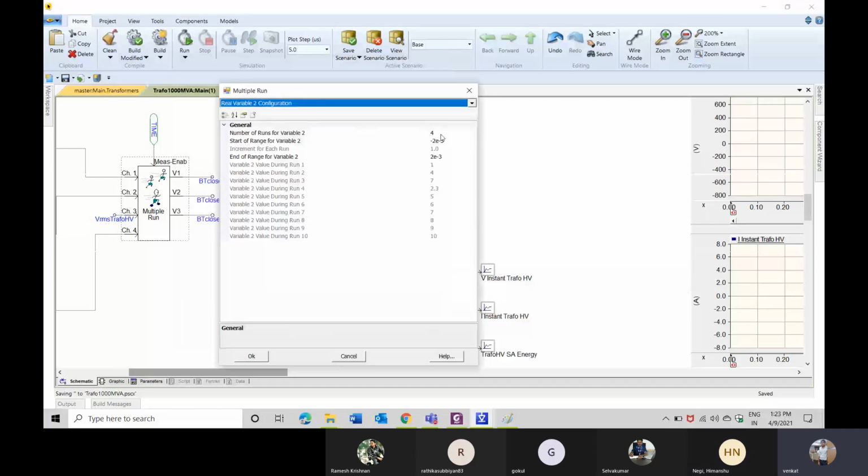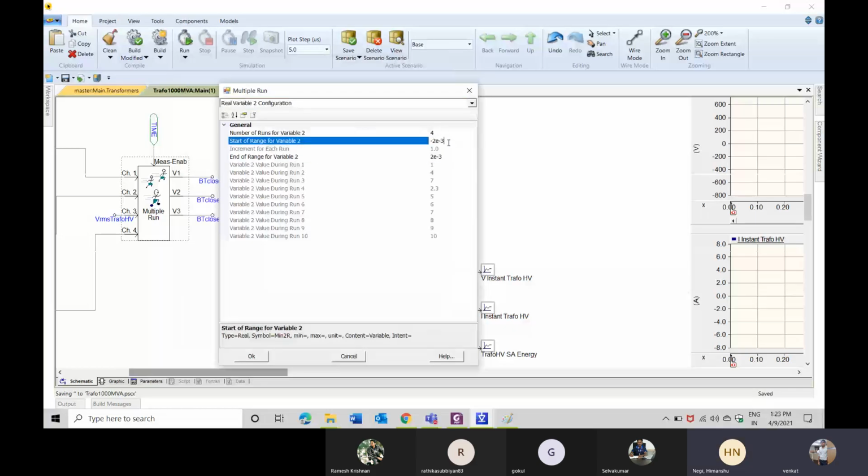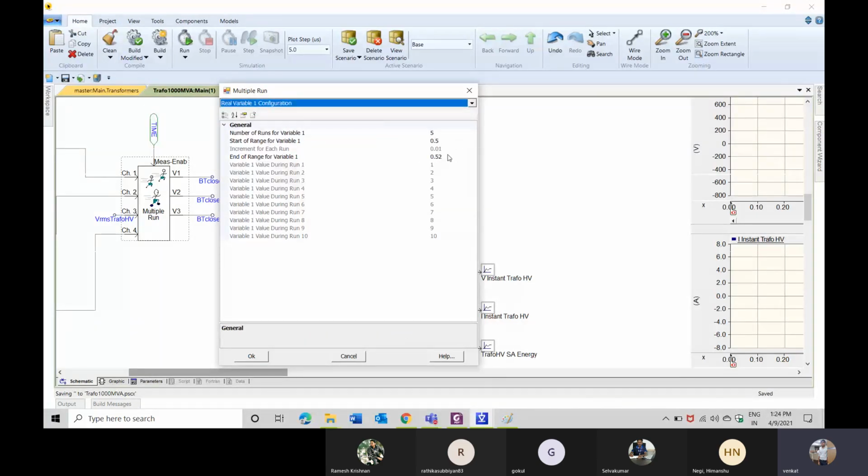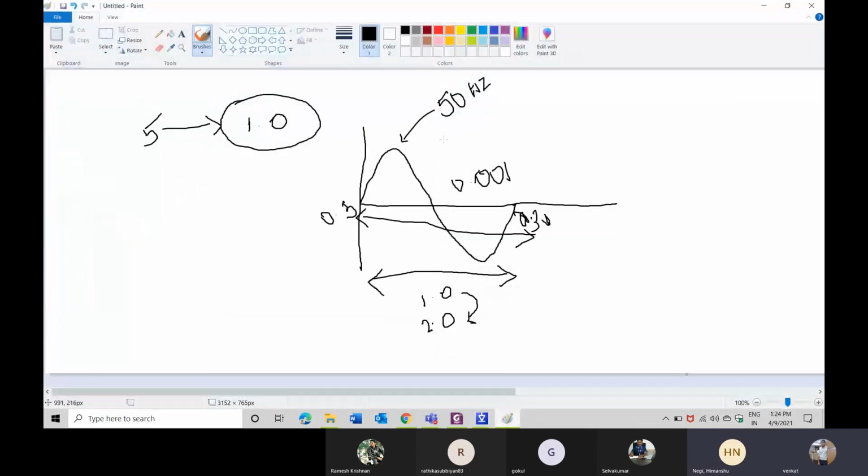5 into 4 into 4. This is the value which I have given here. Can you see here? I'm choosing 4 instances between this range. What it is particularly doing is, it will take this value as a reference. Then it will add from the particular value which it has chosen from between this range. For example, if I have chosen 0.51,